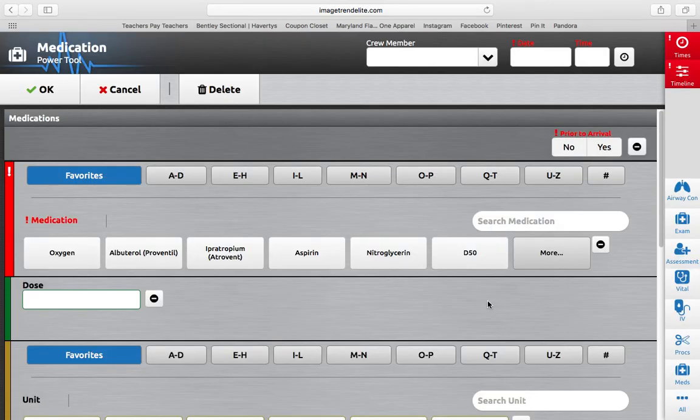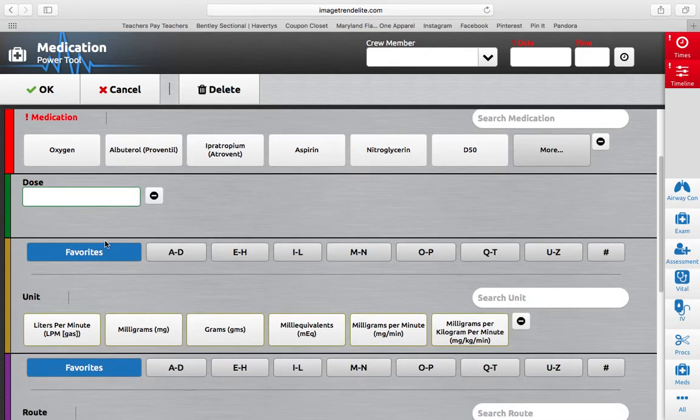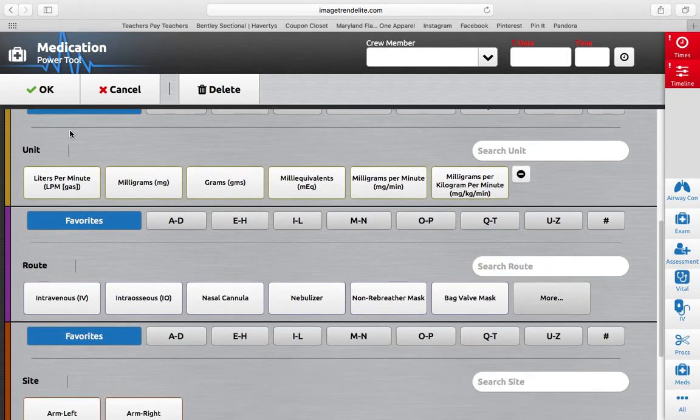Let me go over meds. I put the most frequent under favorites: oxygen, albuterol, Atrovent, aspirin, nitro, and D50. Those are probably the ones we use the most, especially oxygen. There's your dose. I defaulted the favorites to the most frequent, so we give oxygen the most. There's your liters per minute for the unit,